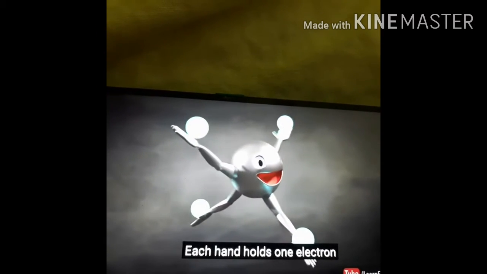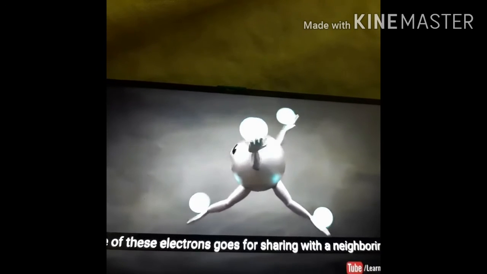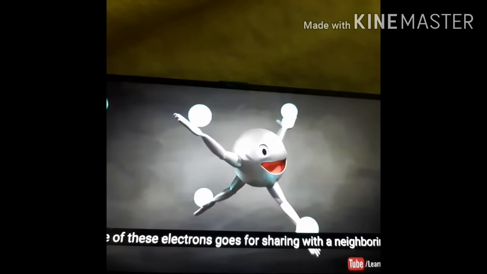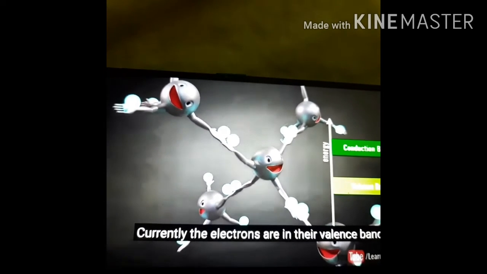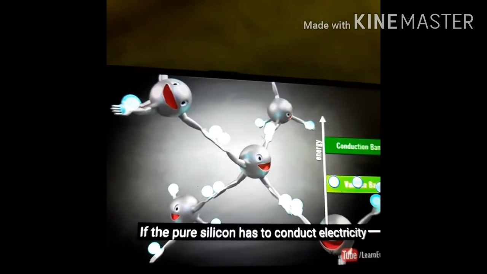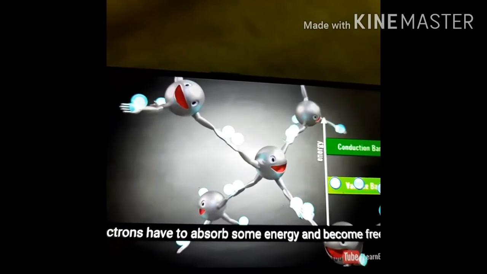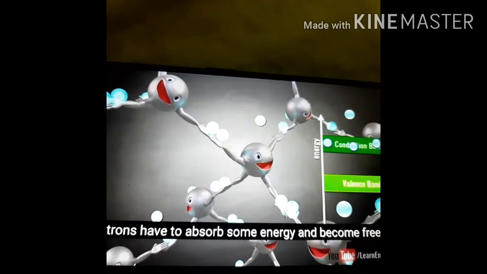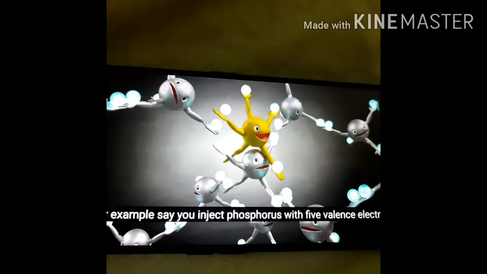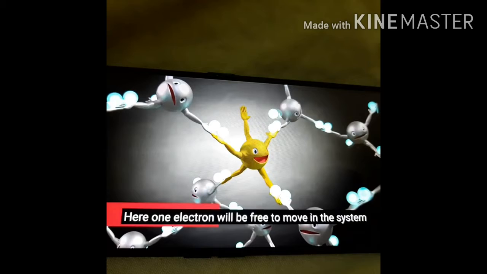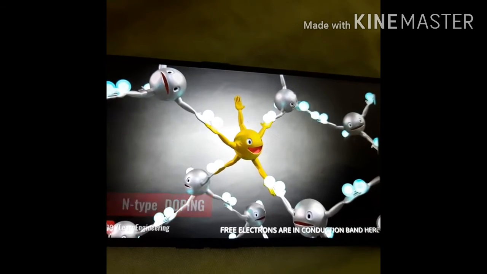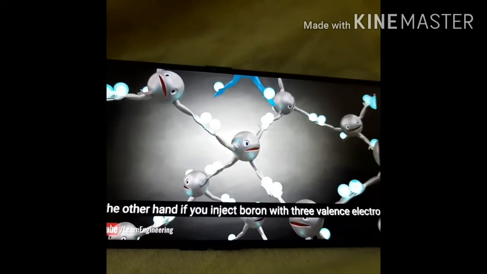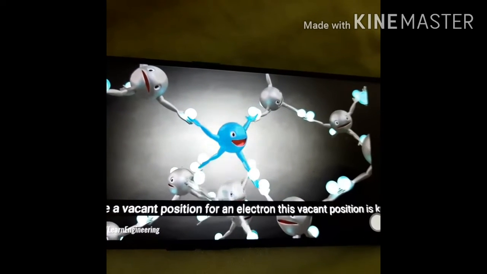Covalent bonds will be there. Now just observe how it is bonding with neighboring electrons. This pure silicon can be doped with N-type impurity as well as P-type impurity. The covalent bonds are very strong over here. By doping, this is N-type doping. We are adding the N-type impurity, and the semiconductor becomes an N-type semiconductor. And if we add P-type impurity, then the semiconductor becomes a P-type semiconductor.